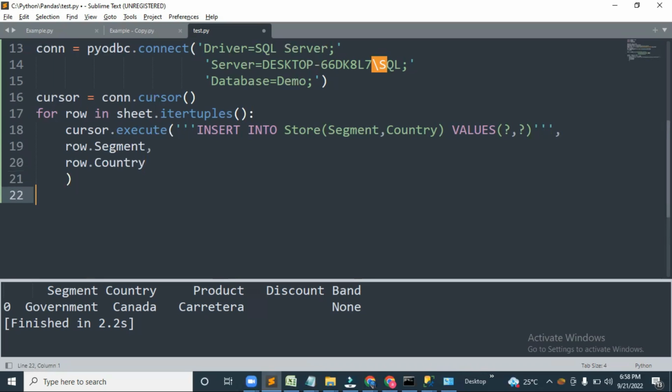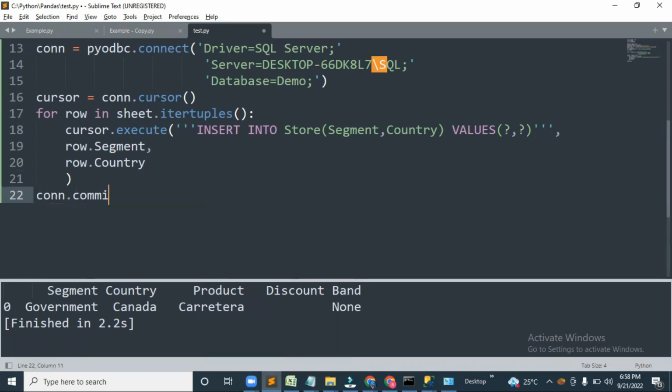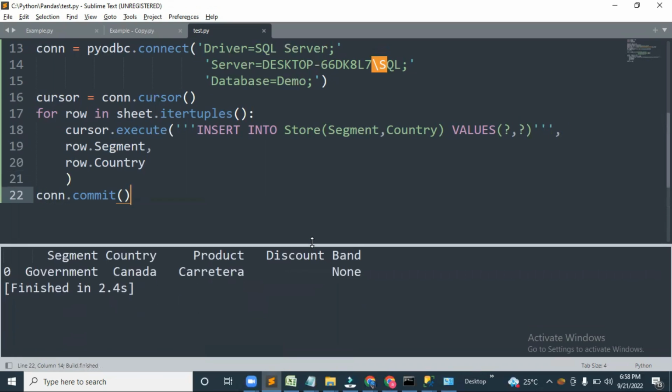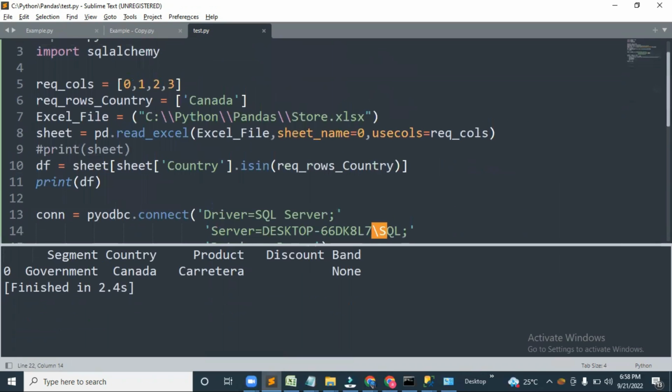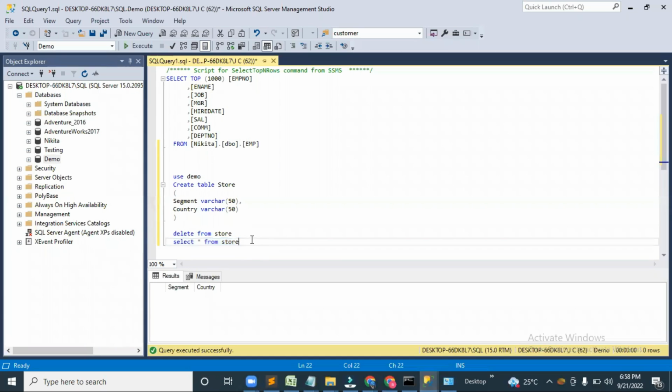Now let me commit this, and let's try to execute this, whether it will execute or not. Control B. See, it got executed, and this is coming because I have mentioned print here. Let me comment this out, and if you remember, we have already seen there is no data, we have deleted it, and if I select, you will see the data here. See,